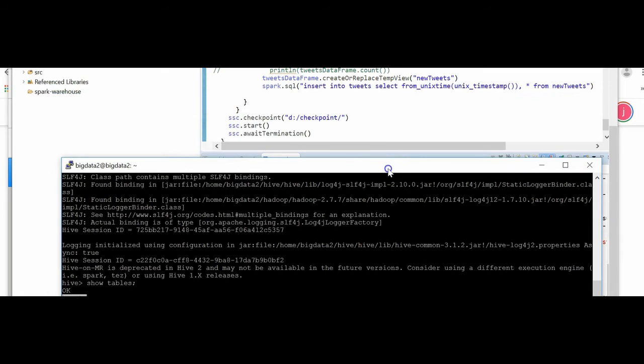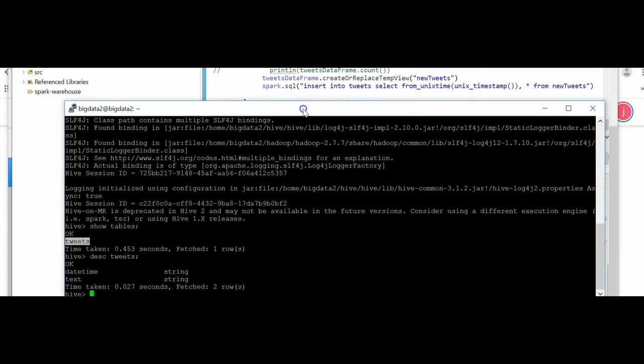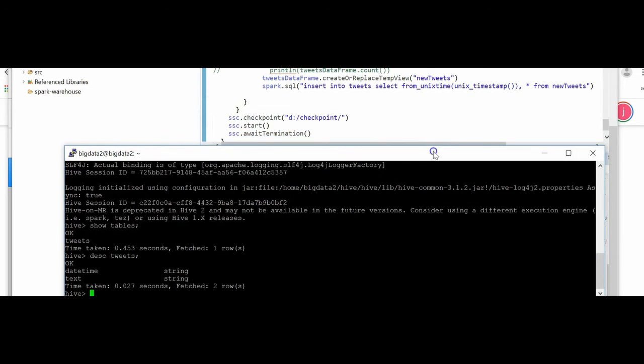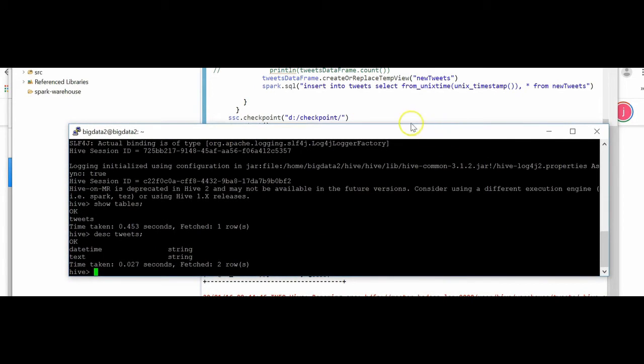Okay, so the code here is insert into tweets, select from Unix time, which is the datetime, so it fills up this column, and the new tweets fill up this text column. The Unix timestamp fills up the datetime column, and the new tweet fills up this text column. So now let's do a select